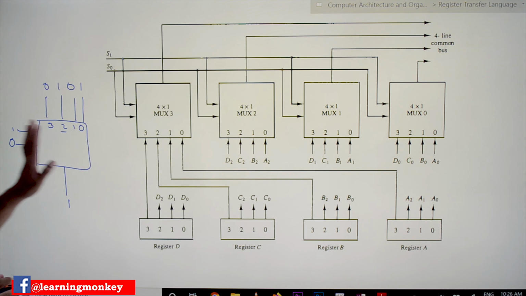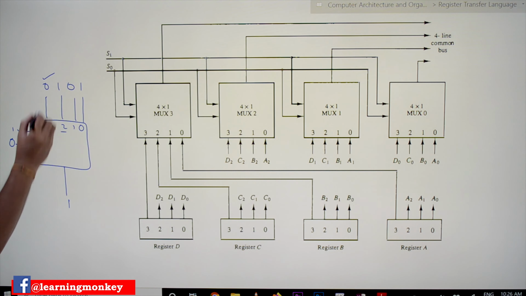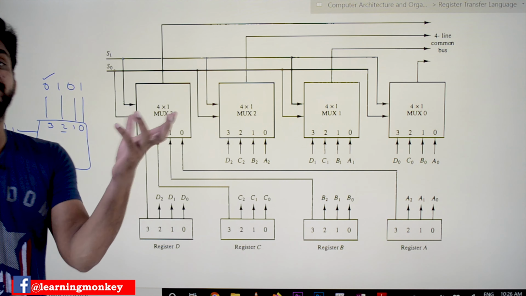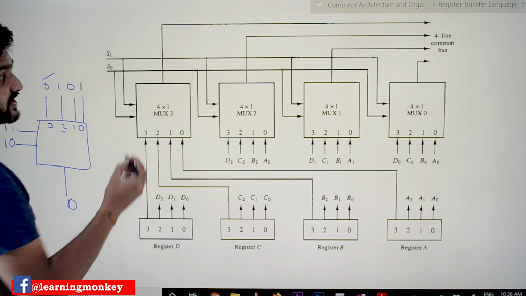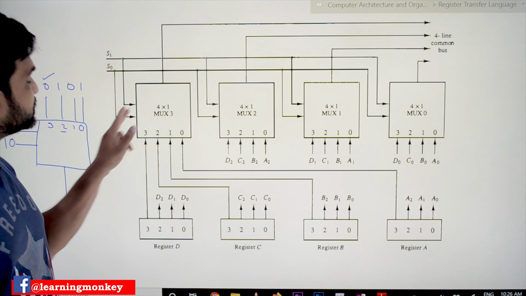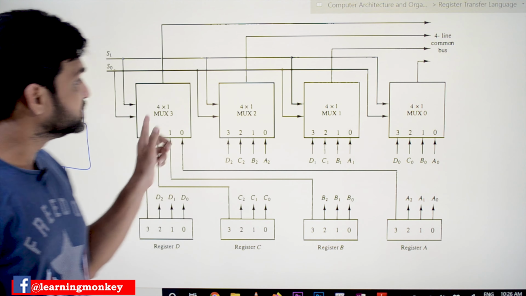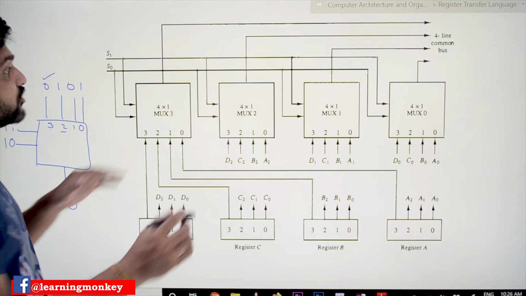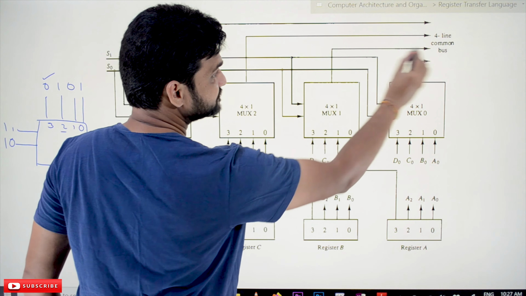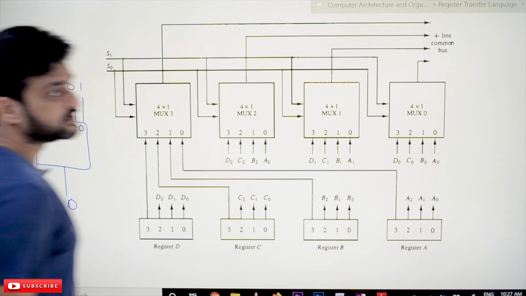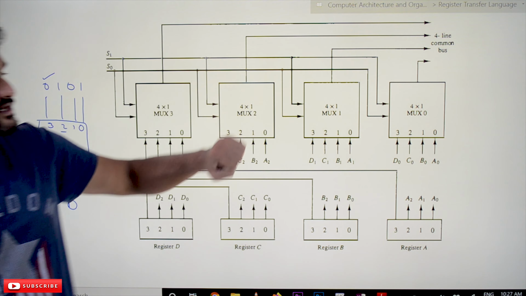So this is the working principle of the multiplexer. Similarly, if I want the value on input 3 to be the output, I have to give 1, 1. Whenever we give 1, 1, this will be produced as the output. That is the basic principle of the multiplexer. Now we have the select lines S0 and S1, and these select lines are connected to each and every multiplexer, and the outputs are taken. Here we have 4 output lines. So this is how the multiplexers are interconnected.